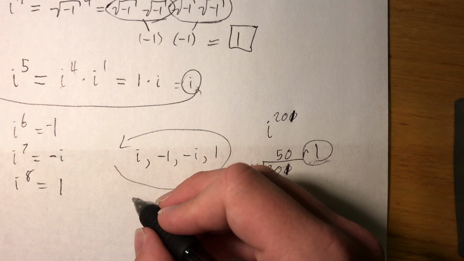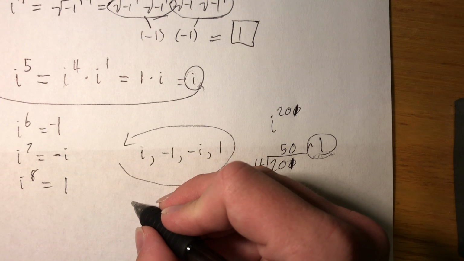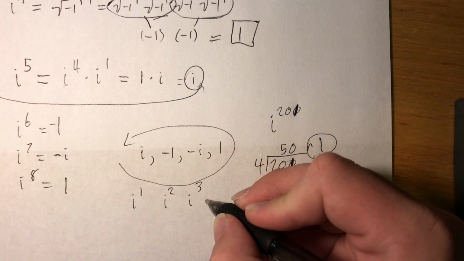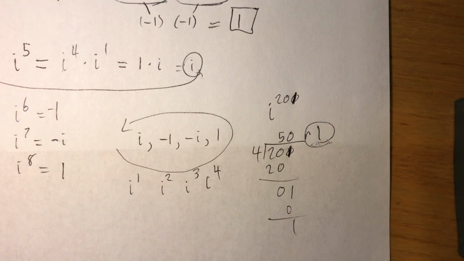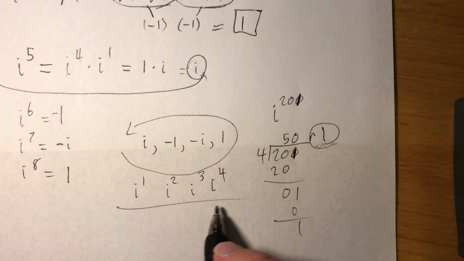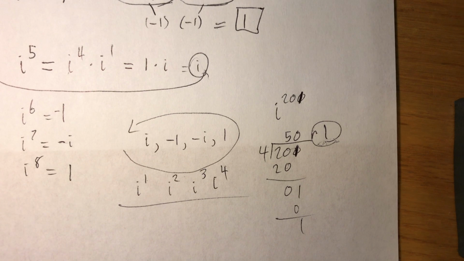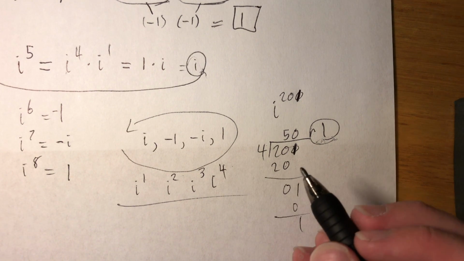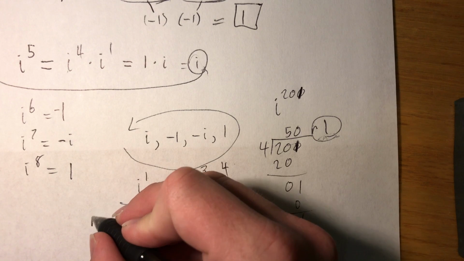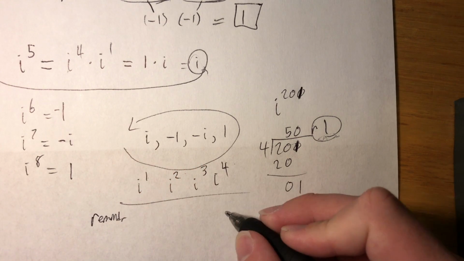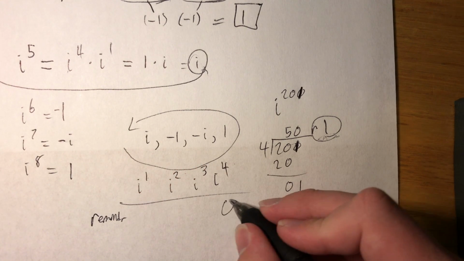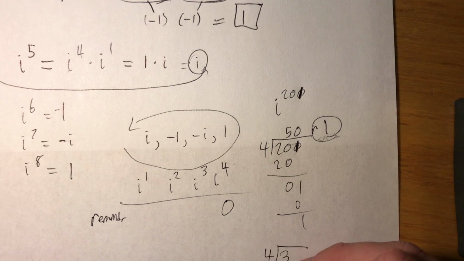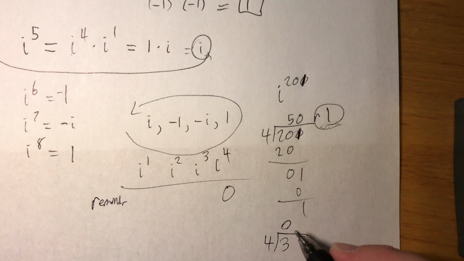So we have the exponent i to the 1 right here, and this is i squared, i cubed, i to the 4th. Let's do the remainders of these exponents when you divide by 4. If you divide 4 by 4, it's just 1, and there's no remainder. 4 goes into 4 evenly, so your remainder is 0 here. If you divide 3 by 4, 4 doesn't go into 3, so you just get